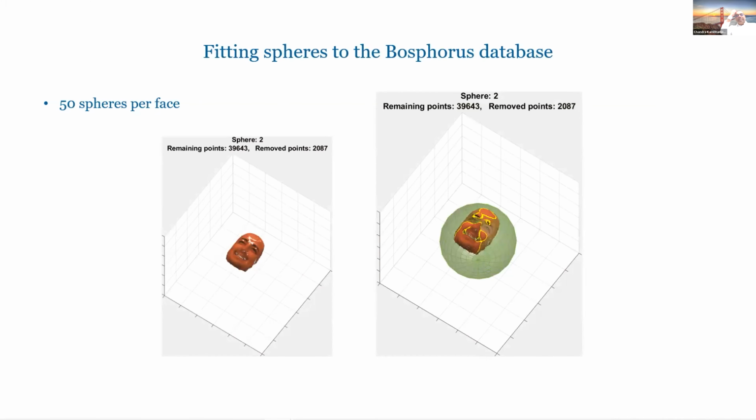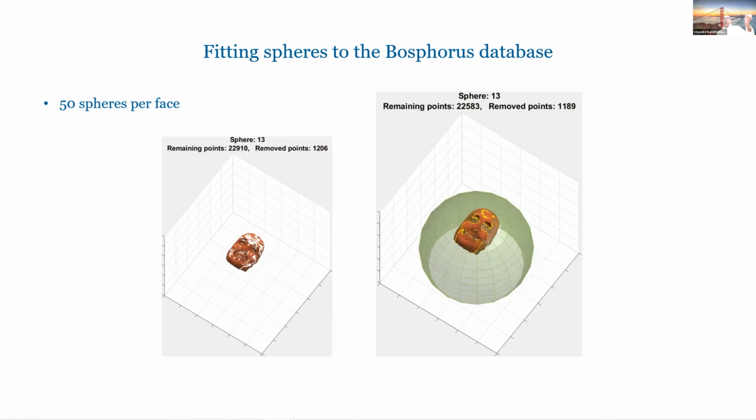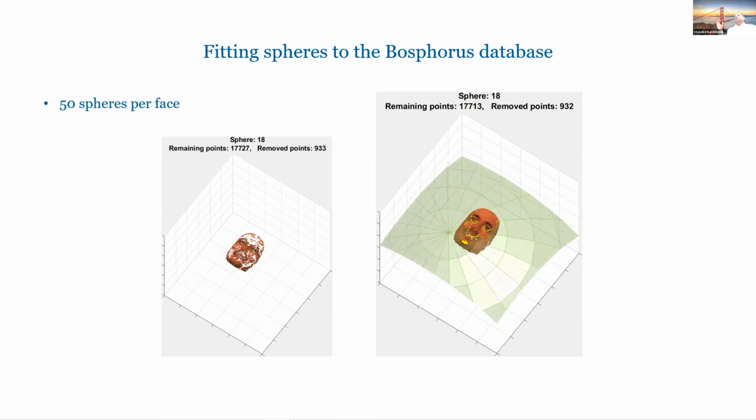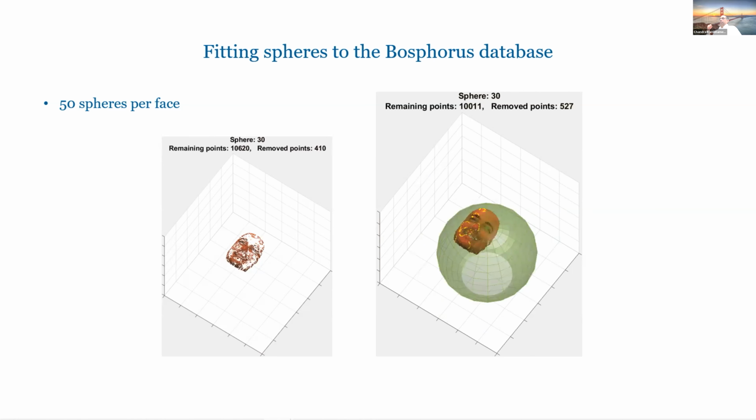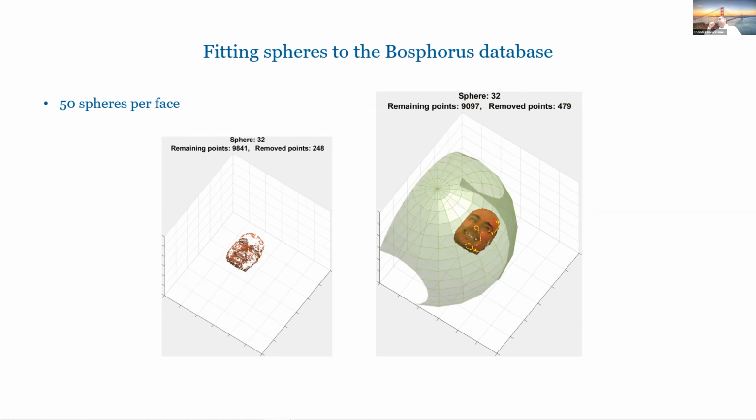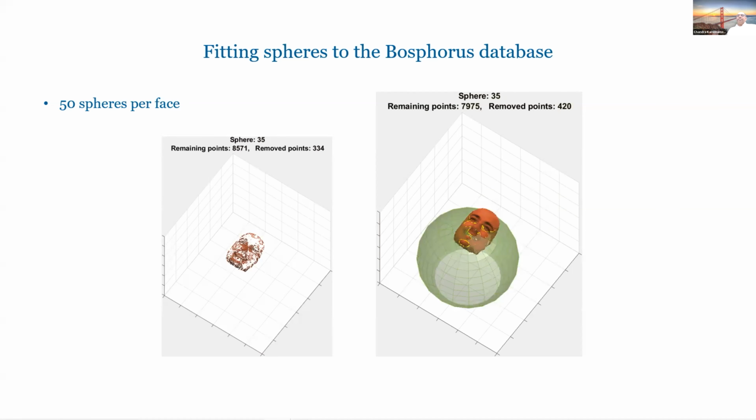Now we are seeing the left and right. On the left, you're seeing points that are taken away by each sphere. Like I said, each sphere comes and takes away some points. On the left, you're seeing more and more points removed. On the right, you're just seeing the sphere that's taking away those points. I think we use 50 spheres. Some are large spheres. In this case, it's random. We didn't do progressive; we just did RANSAC style, 4 points, fit a sphere, that stuff.